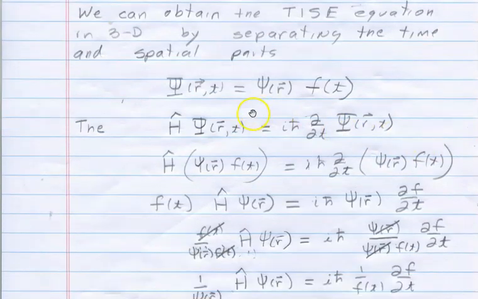So in that situation, I look for separable solutions to the full equation. I'm going to separate out that this wave function, capital psi, is a function of r only times a function of t only, which I call f of t. I get the Schrodinger equation, substitute these in for psi,